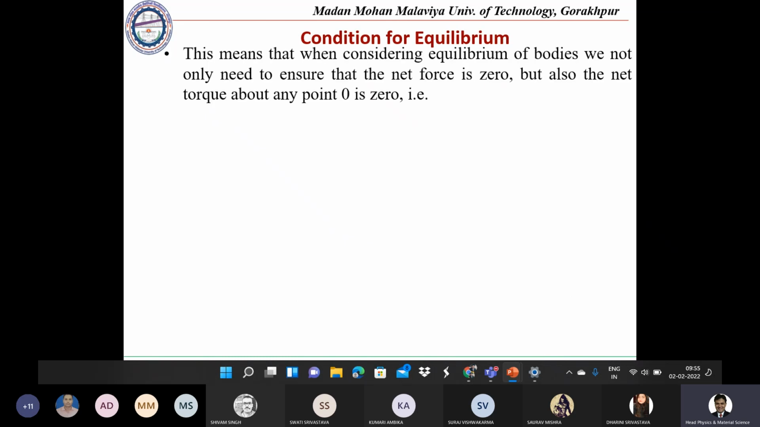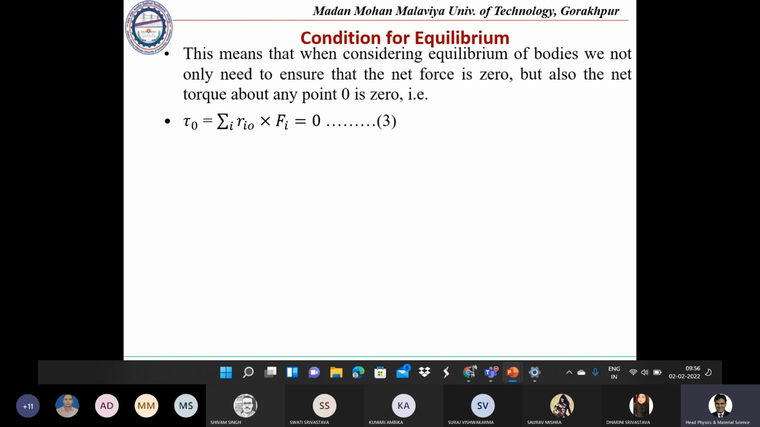So this means that when considering the equilibrium of a body, we not only need to ensure that the net force is 0, but also the net torque about any point O is 0. That is the summation over the torque that must be equal to 0. Means that now we have two conditions for the equilibrium or for the stability. Number one, usually in case of the point masses, if we are taking the summation of the forces equal to 0, then that is sufficient to describe the condition of